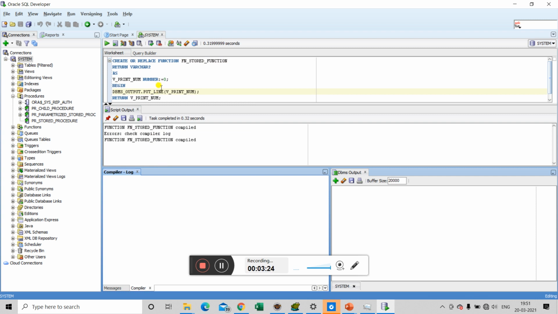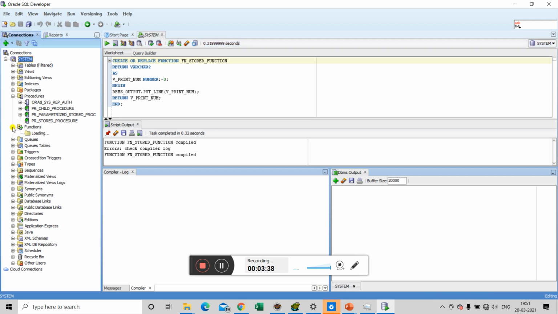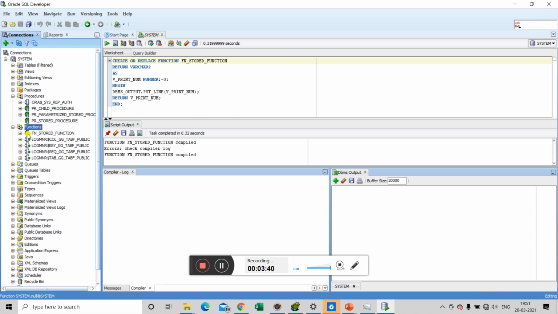Now this function that we have created, with the name fn stored function, is actually stored inside the database, and we can check it in the functions section of our system connection. Now you can see that there is a function named fn stored function. Let's close this.